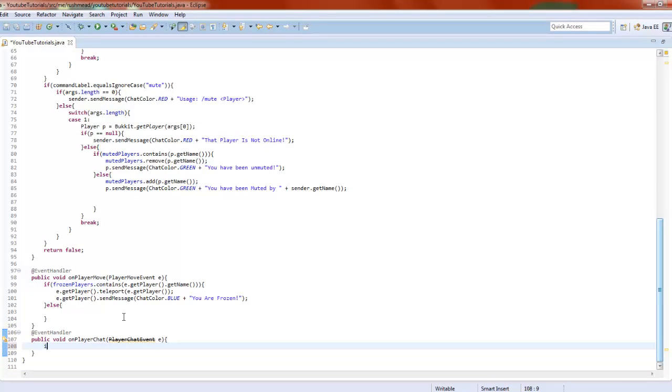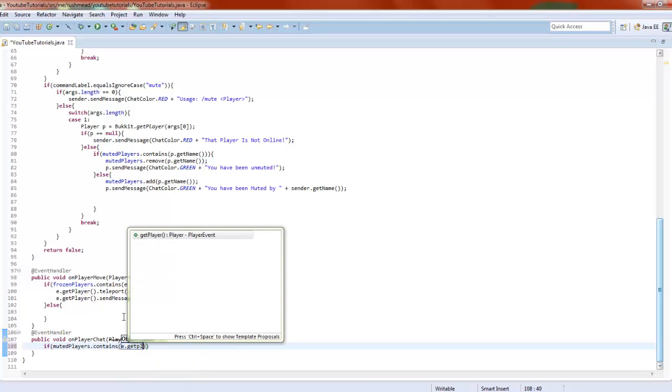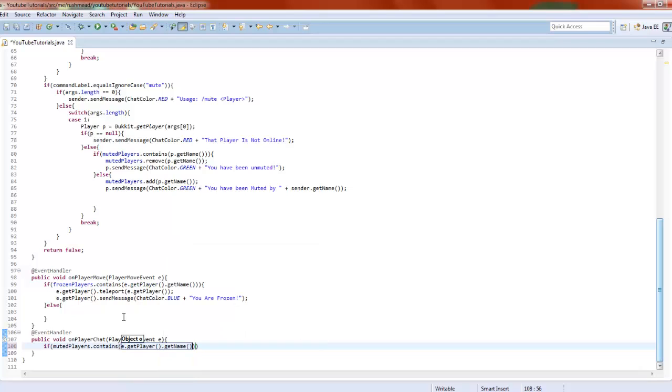So next we need to check if muted players contains the player. So we need to say, right, when a player talks, see if the specific player that's talking is in the muted players. So if they're meant to be muted, then we're going to say